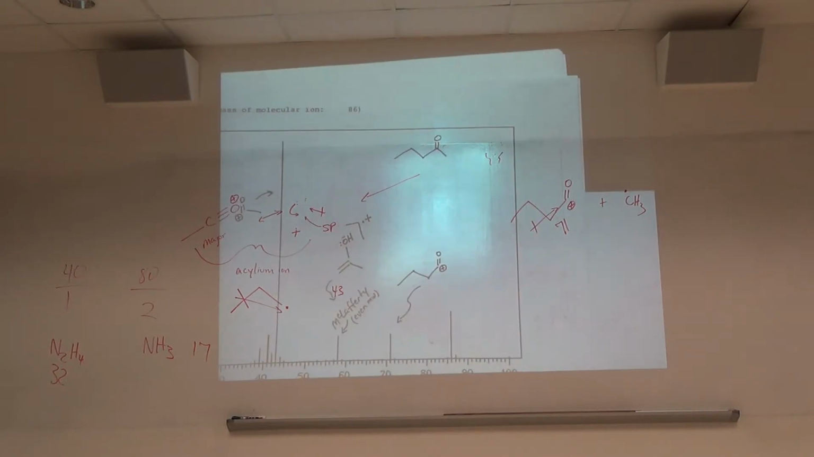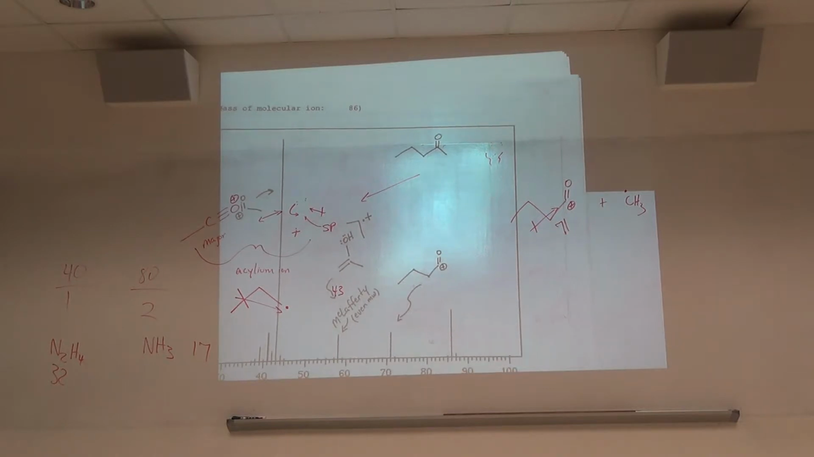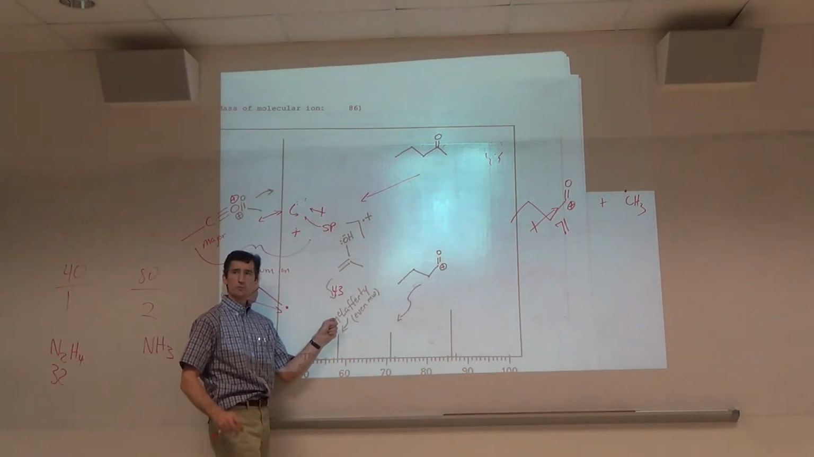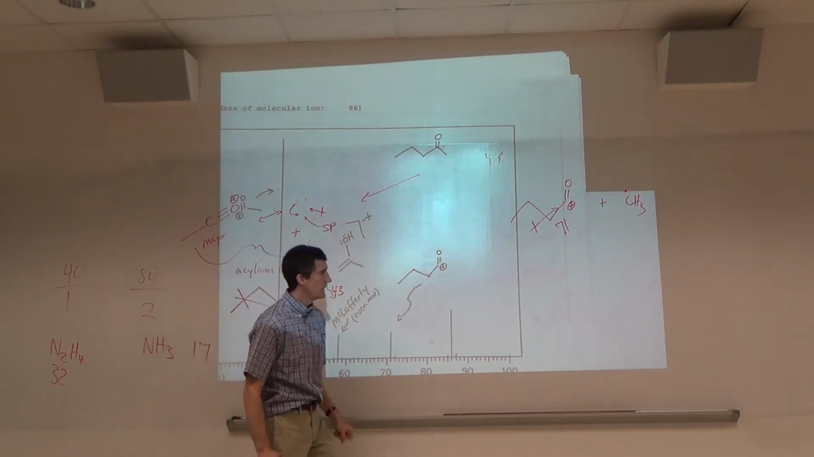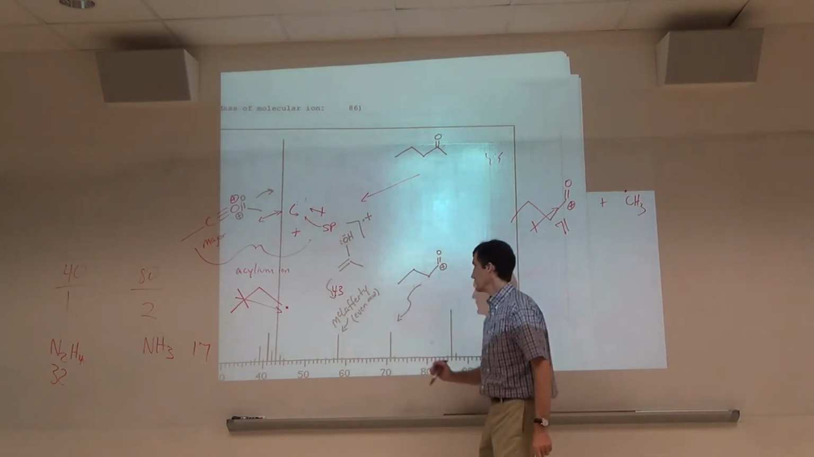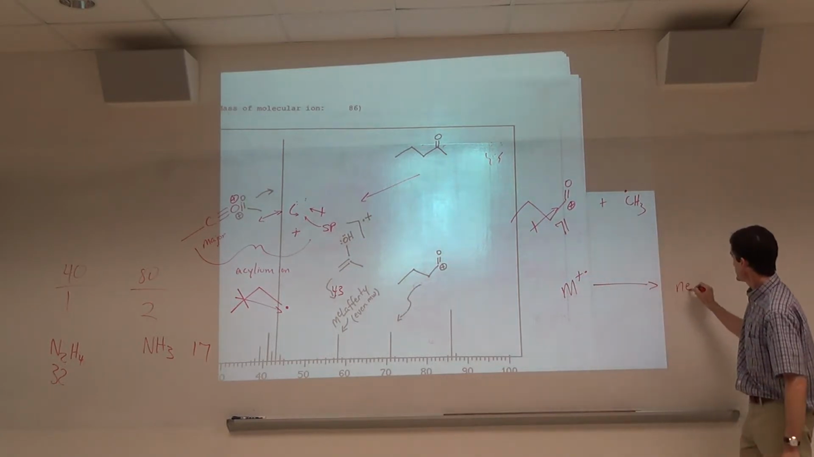McLafferty rearrangement is just a rearrangement of your molecular ion. Well, it's also a cleavage, because if it just rearranged, it has the same mass. McLafferty is a cleavage with a rearrangement. An important thing about the McLafferty is you eliminate a neutral molecule. So if a radical cation forms a neutral molecule,